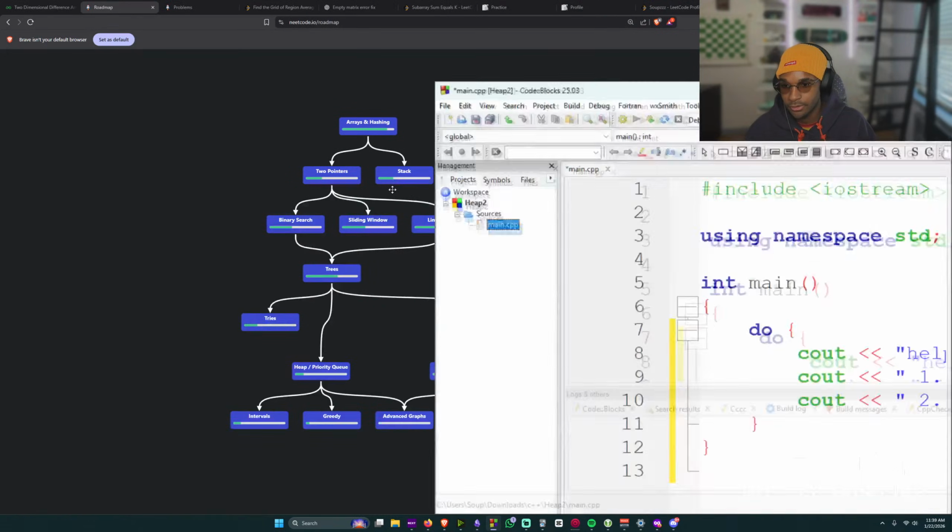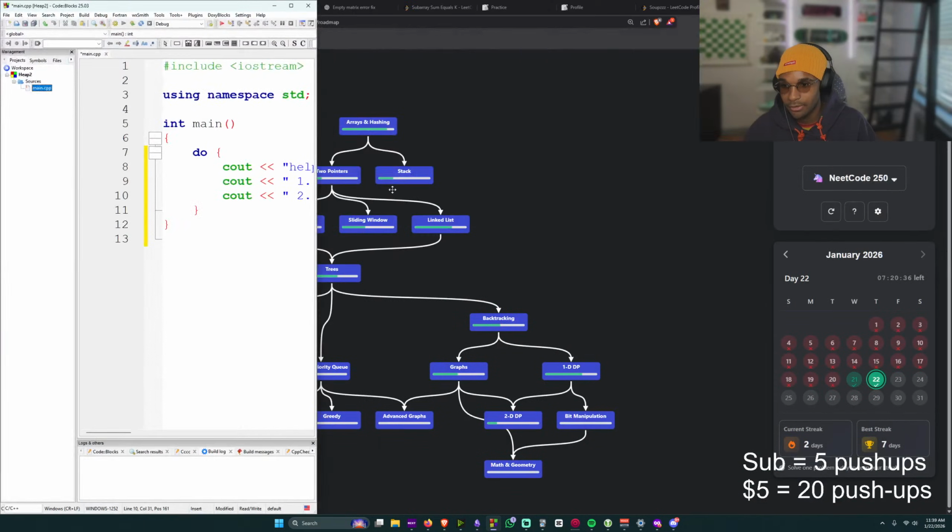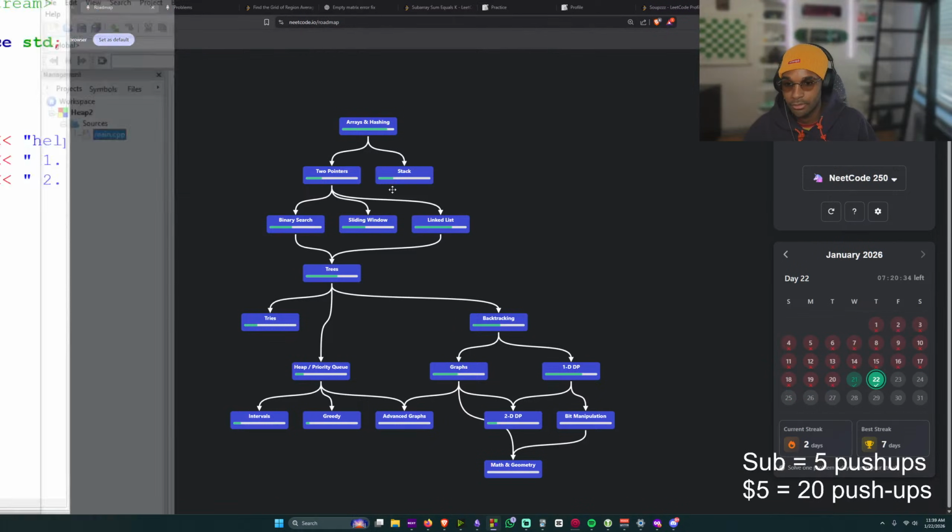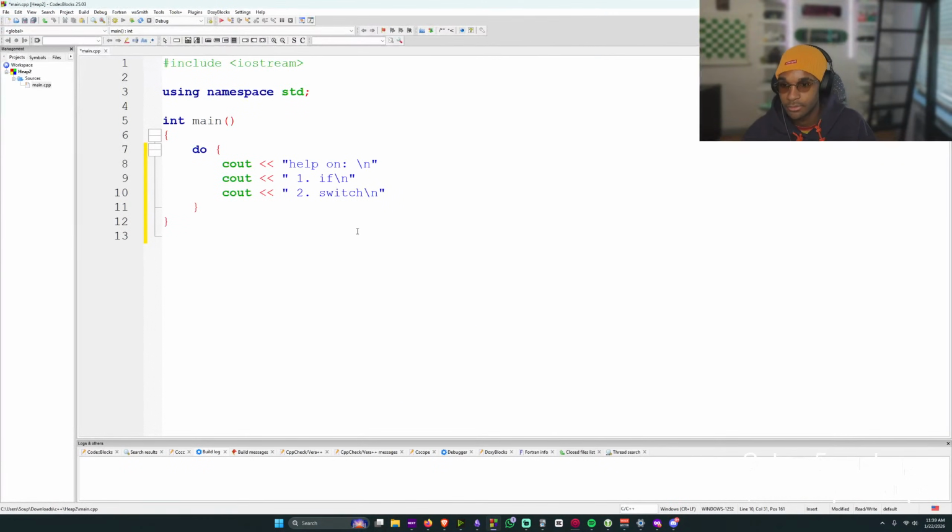That's crazy. You can't copy a line. That's so sad. There has to be a shortcut for that. They're lying. Whatever. If any of you guys use Code Blocks and know, what do you use when you're doing Codeforces?